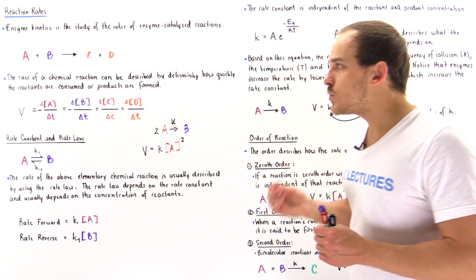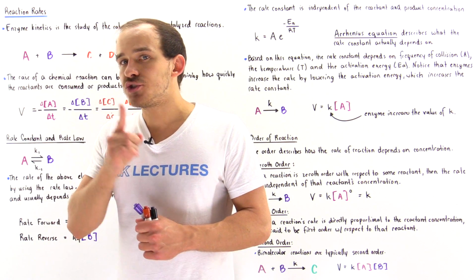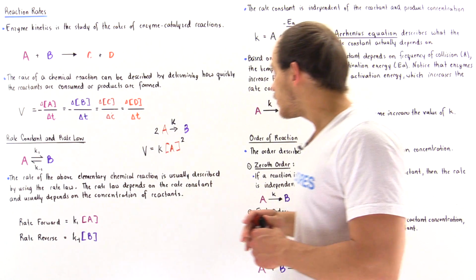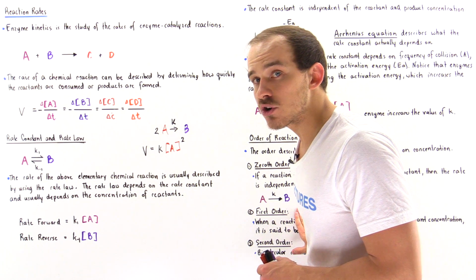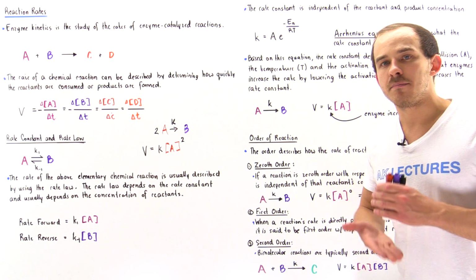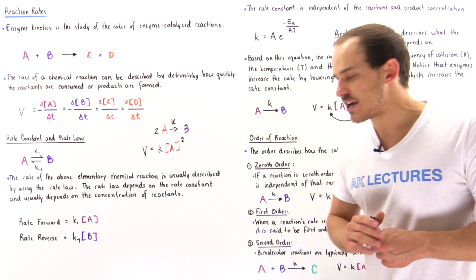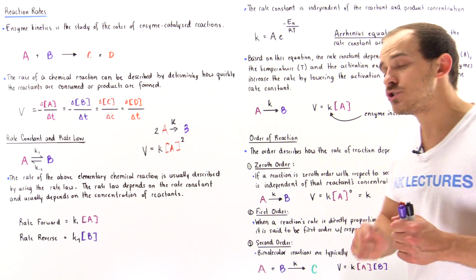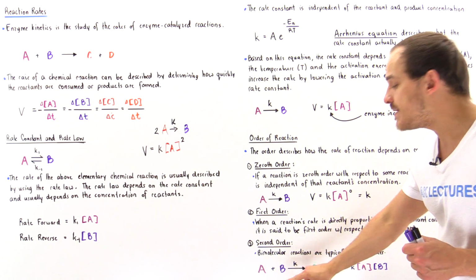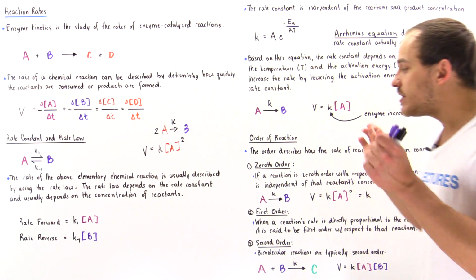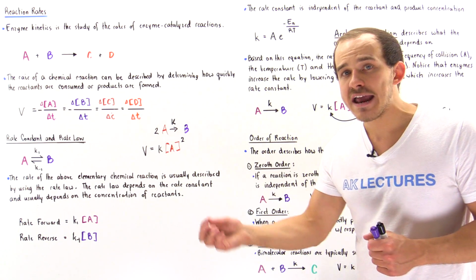Now, we can also have something known as a pseudo-first order reaction. And a pseudo-first order reaction is actually a second order reaction that behaves like it's a first order reaction. Now, what's one example of such a reaction? Well, let's suppose we have a second order reaction as shown, but the concentration of A is very, very tiny, but the concentration of B is very, very high. Now, in this particular case, even though it's a second order reaction, it will behave like a first